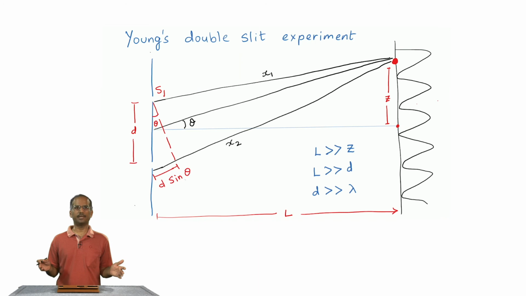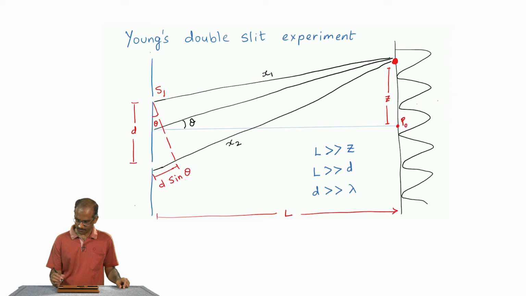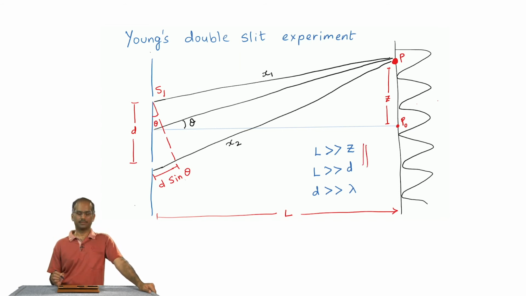This distance capital L is much larger than this distance z between P0 and P, and capital L is also much larger than this distance d between the two slits, and also I want the wavelength of light to be much smaller than the distance between the slits. These assumptions will guarantee for me that the two rays which start from S1 and S2 and reach point P are nearly parallel to begin with,